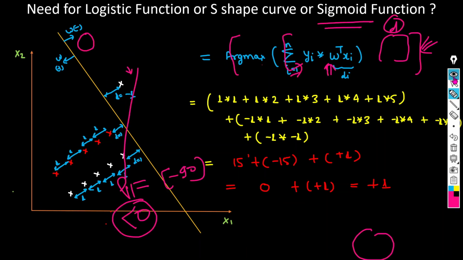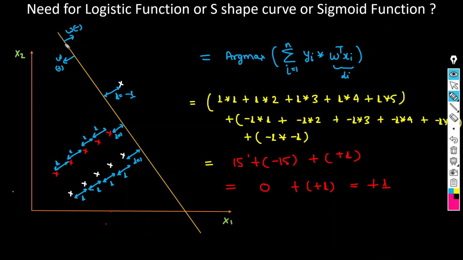In that case, our distance would be minus 1 for this outlier, and the distance of these positive and negative points would be 1. It means this would be your 1, then this would be 2, this would be 3, and so on. This would be your 1, then 2, and so on. It means negative point distance is also 1, and the positive point distance is also 1 for the first point. Then this would be your 2.